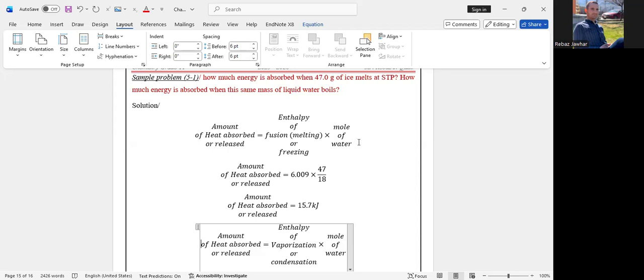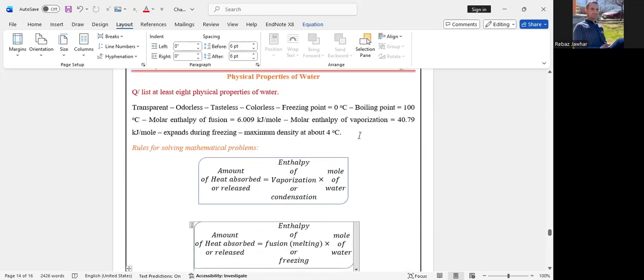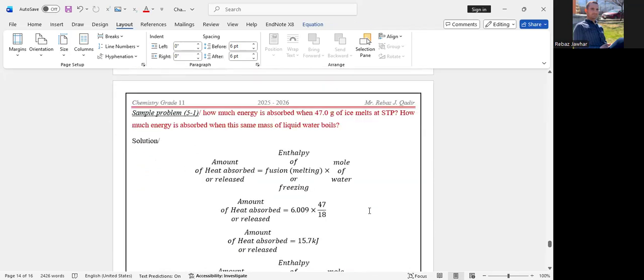First of all, in a mathematical problem, you have to indicate the process: either fusion, which means melting, or freezing, or condensation, or vaporization. Here, the first process, how much energy is absorbed when 47 grams of ice melts, is the process of melting and freezing. We need to use the second rule, because the second rule is related to fusion and freezing. Then, for solving this part of the question,